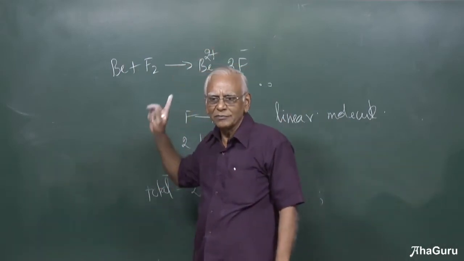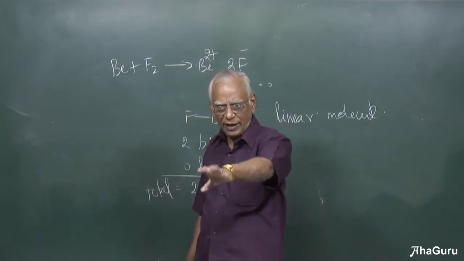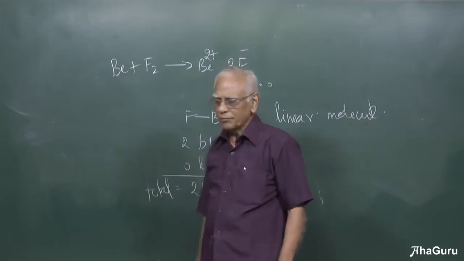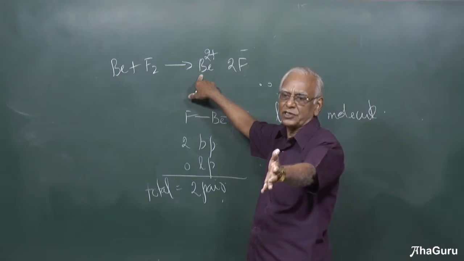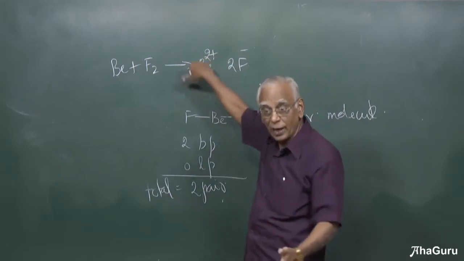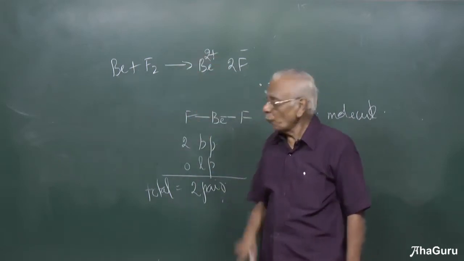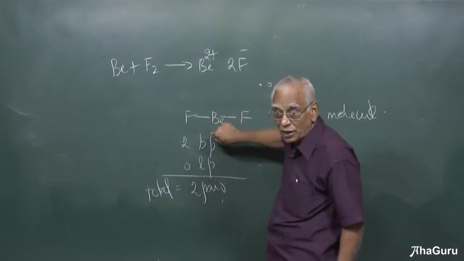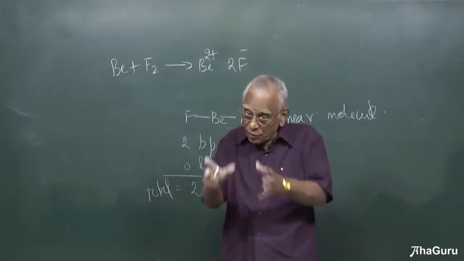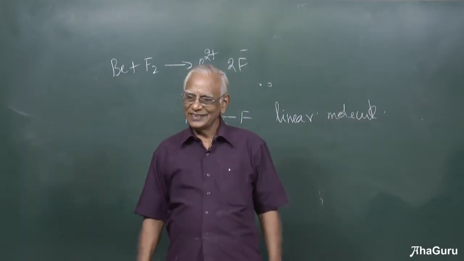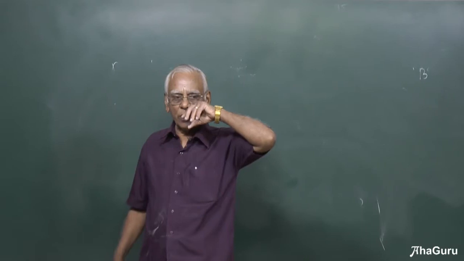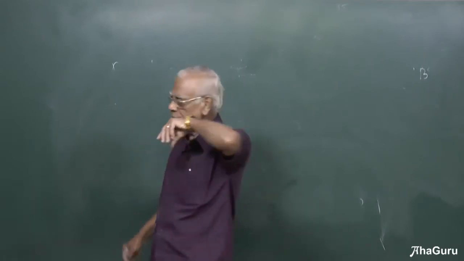Most of the time beryllium fluoride must be ionic only, because beryllium after losing 2 electrons has a 1s2 configuration, the helium structure. This is more probable. But what about the few molecules which are covalent in nature? I am able to get an idea regarding the shape using VSEPR theory. Is that okay? Tetraatomic molecule.